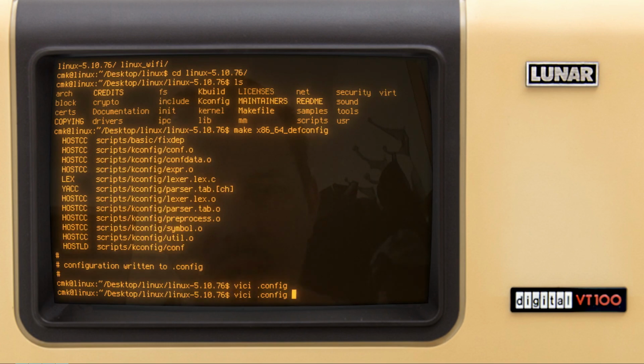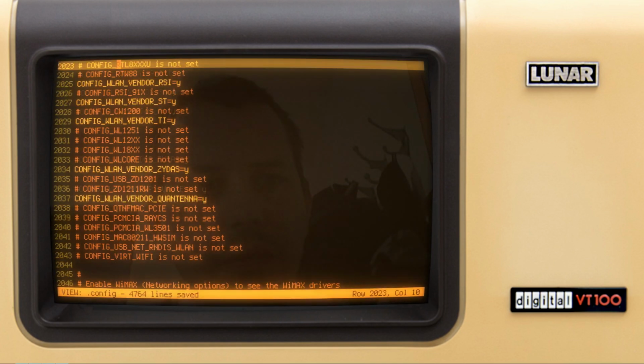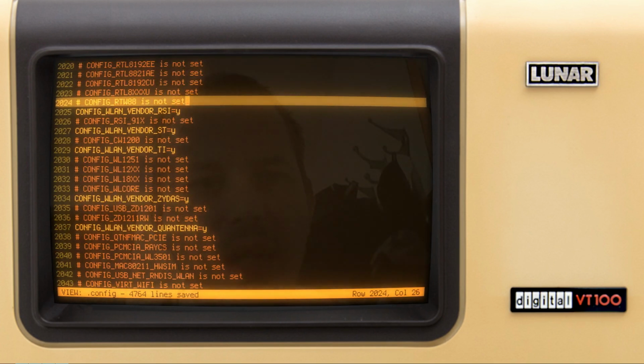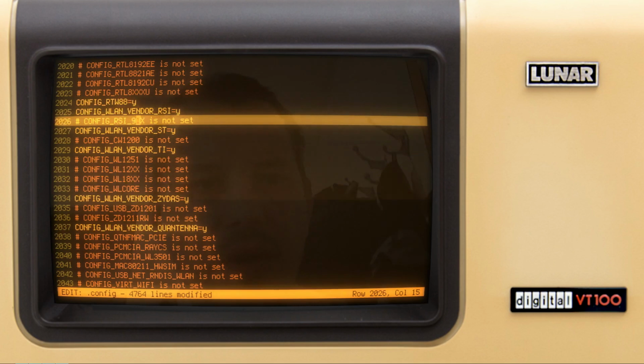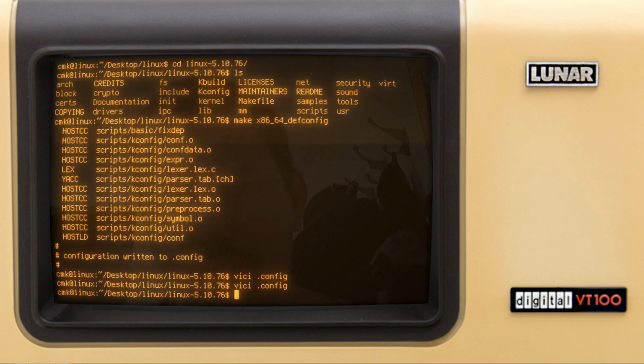The problem with this config is that if you try to search for the drivers that are essential for your particular device, if I just search for RTW88, it just says it's not set, but it doesn't have anything apart from this, and that's a bit of an issue. So this is just not enough for things to work. So how do we see all the available modules or drivers? There is a way. If you say make help,